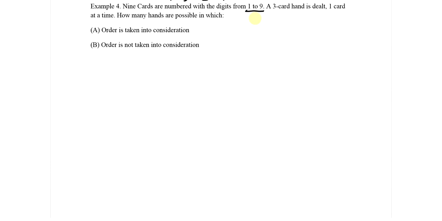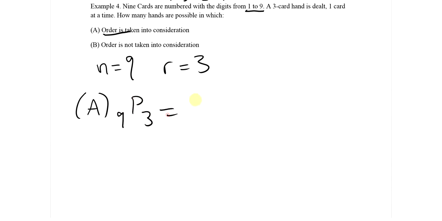So for both of these, we have digits 1 through 9, so that's 9 choices of card, and we're choosing 3. So part A, order is taken into consideration, so it is a permutation. Each card will have a first card, a second card, and a third card, each with a specific role in the hand. So it'll be 9P3, 9 times 8 times 7 times 6 times 5 times 4 times 3